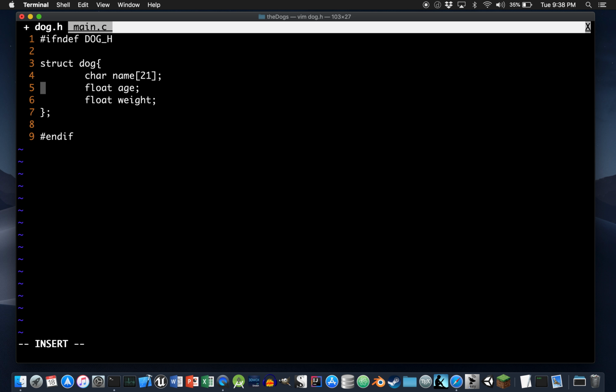Okay, now if dog_h has been defined, then it'll skip over everything until it sees this pound endif. Now, as it is, this code would still make it possible for us to effectively be trying to define the struct dog multiple times if we're including dog.h in multiple source files. So we need to also add actually the pound define of